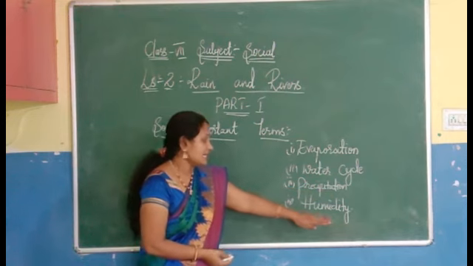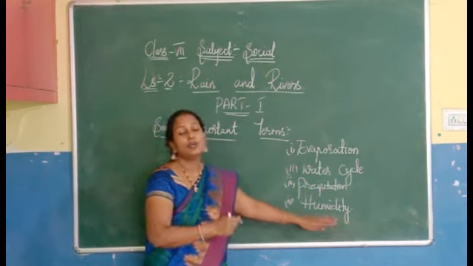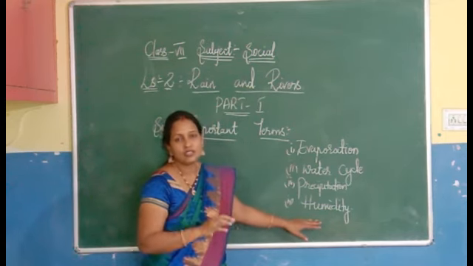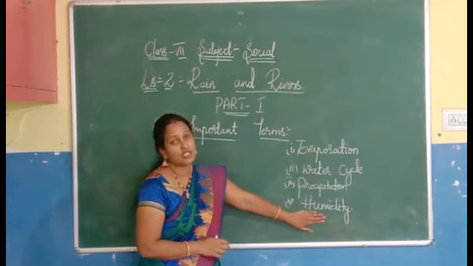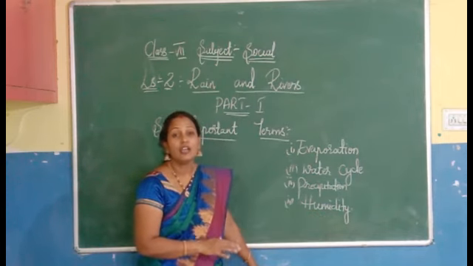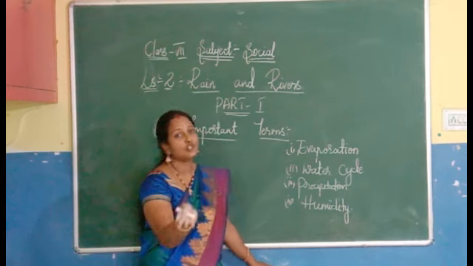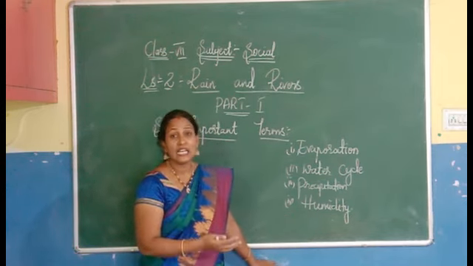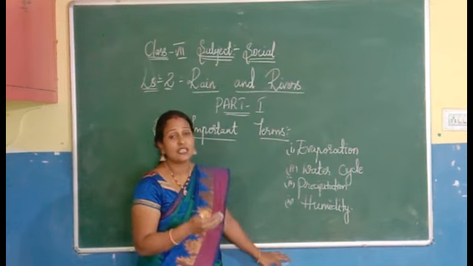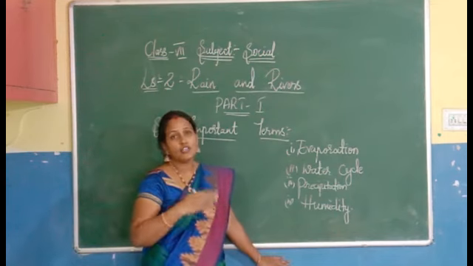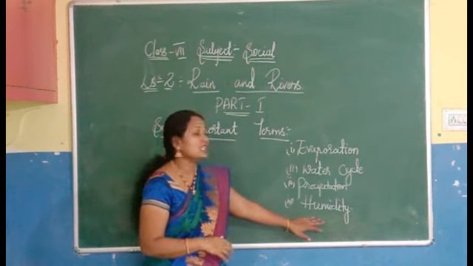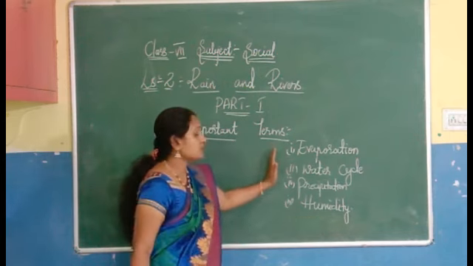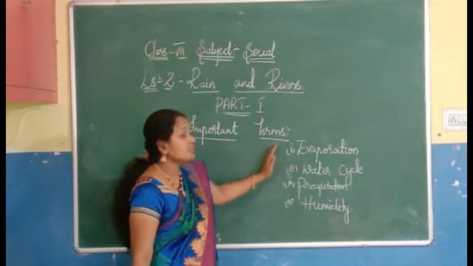Got it children? Next is humidity, the tiny droplets or tiny moisture which is present in the temperature or weather. Generally you will face such humidity in the month of May, from the 15th to the 20th or 30th. What happens if a lot of humidity is there? You will feel very uncomfortable, your skin will be sticky because sweat cannot evaporate easily when this humidity is present in the air. Got it children? Just have a look at these 4 definitions which are very important. Just prepare.